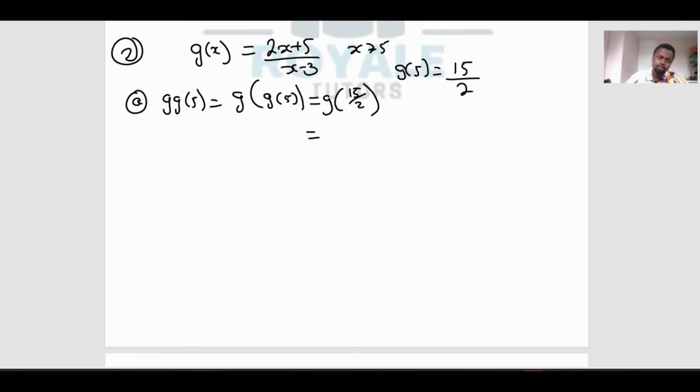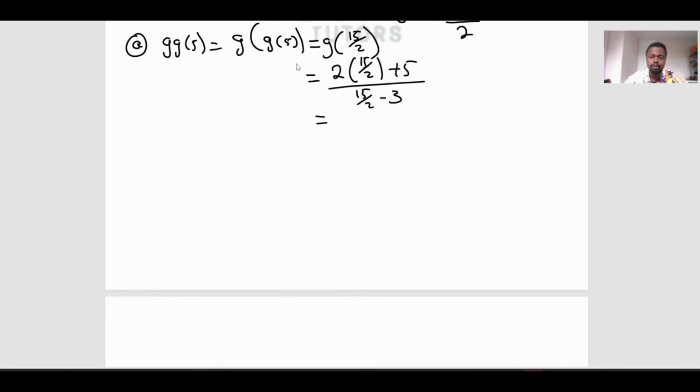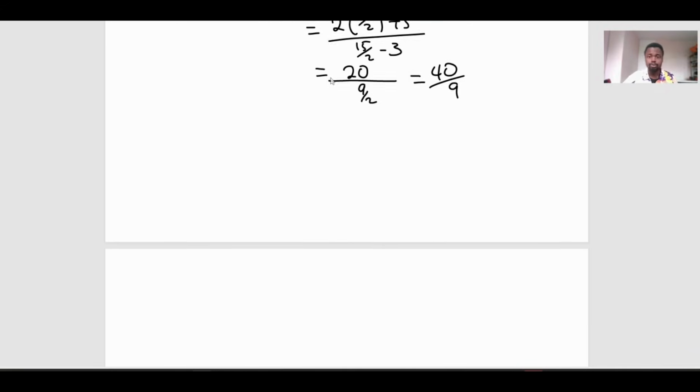Then you put the 15 over 2 back into g of x as well: 2 times 15 over 2 plus 5, all over 15 over 2 minus 3. This should give us 20 over 9 over 2. So you can confirm those answers. That should be 40 over 9. All right, so let me check as well. Yeah, 40 over 9. That's good. Then the second one, which is the B part,